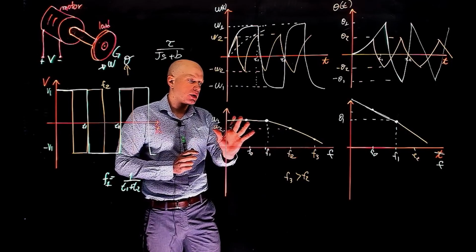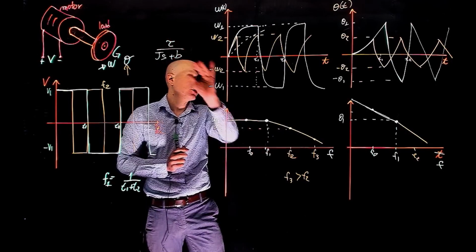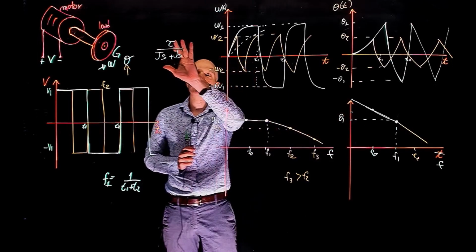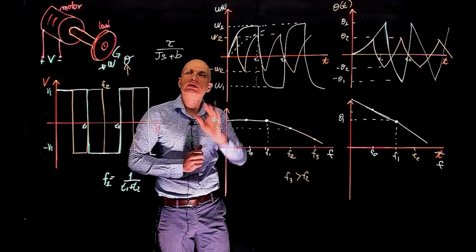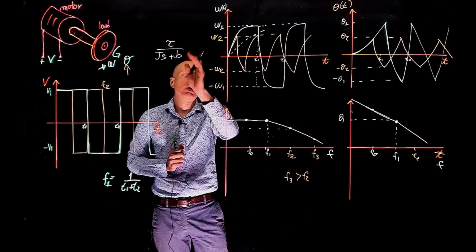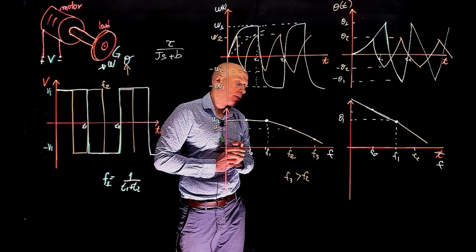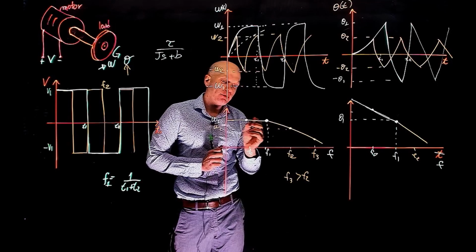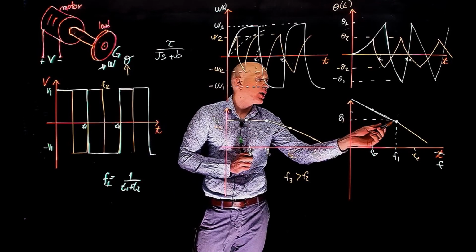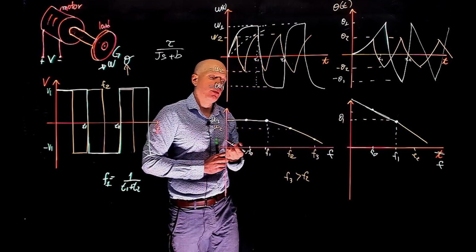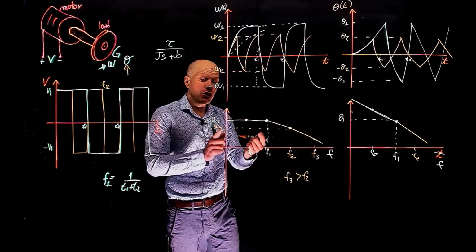This is speed, which is taken from this transfer function. This is position, which is taken by integrating this transfer function. The input is torque, the output is the speed. We see here a flat line, and we understand why we have a flat line here, whereas here we have this slope that keeps going up. Where is that coming from? Well, here we have